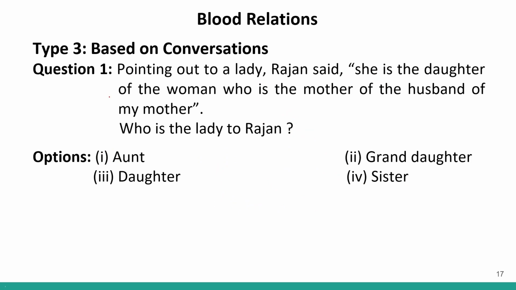Okay? Moving forward to type 3, which is based on conversation. In these types of questions, we have certain conversations between people, and we have to identify the relationship asked in the question based on these conversations. Let us look at question number 1. It says, pointing out a lady, Rajan said, and Rajan is saying this,